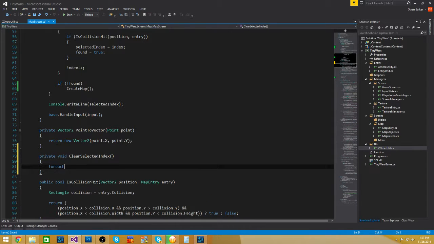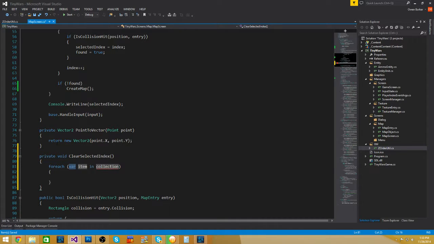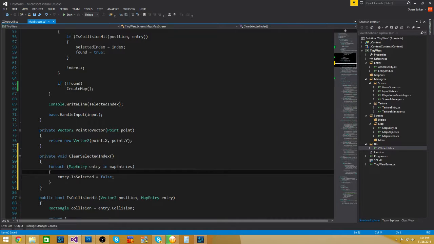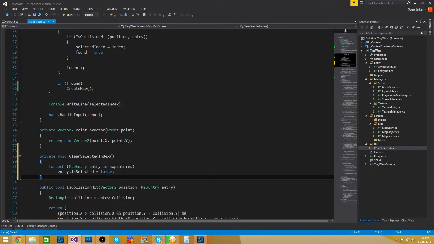For each map entry in map entries, entry equals false. It's very simple. It's going to clear all the entries and make sure when I recreate the map,